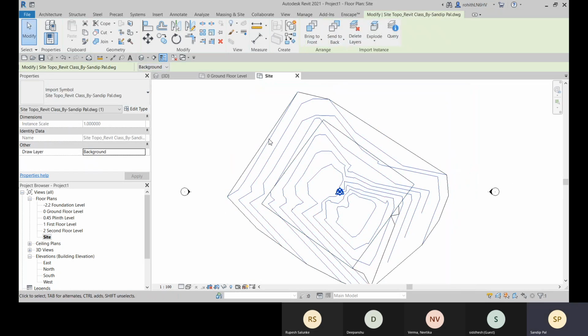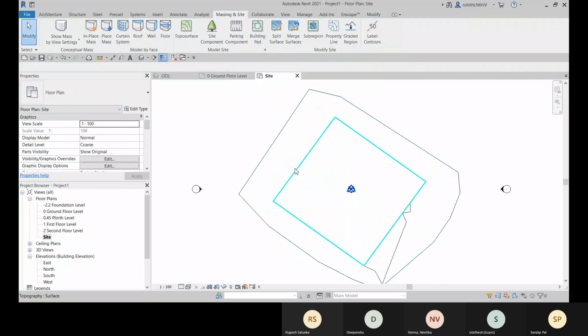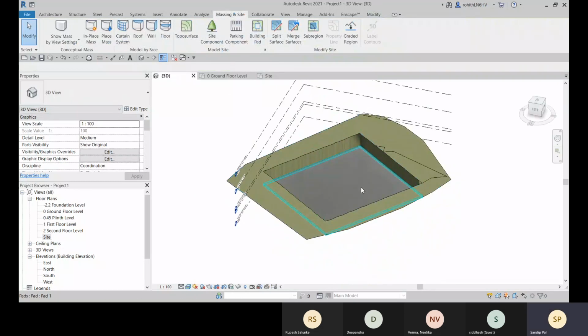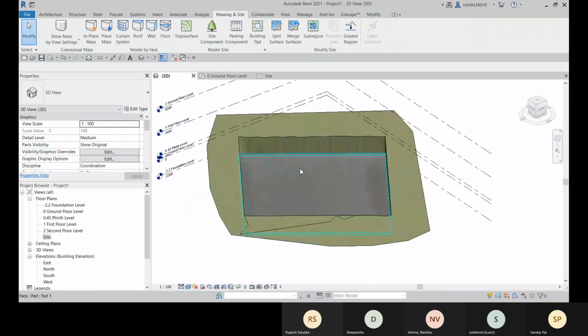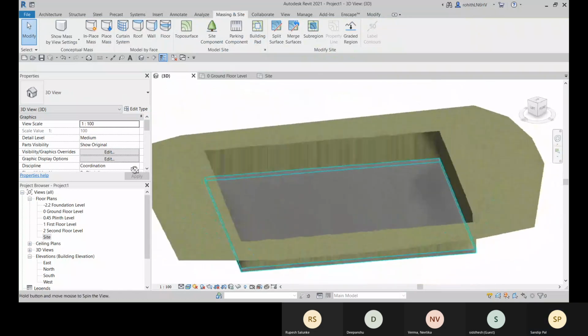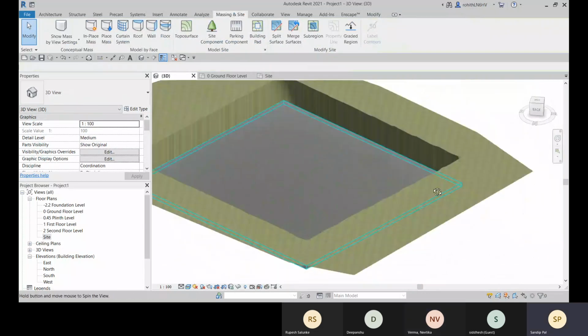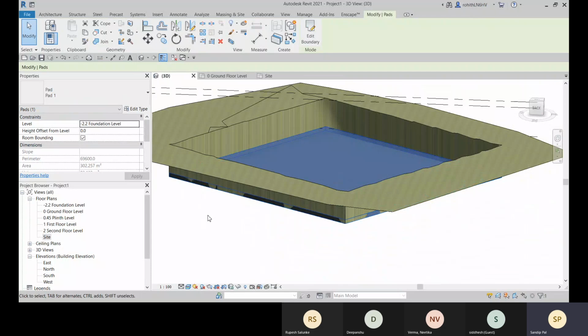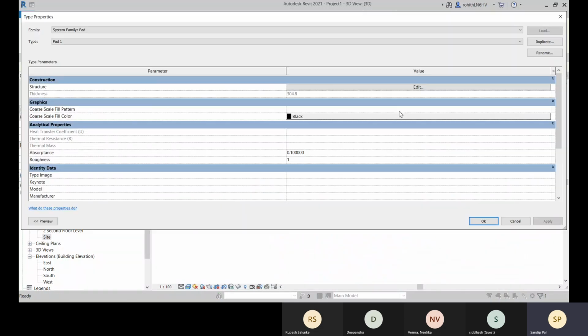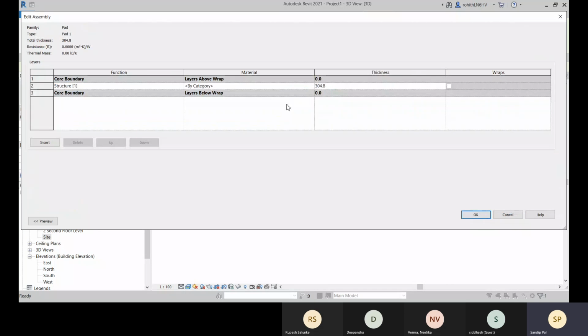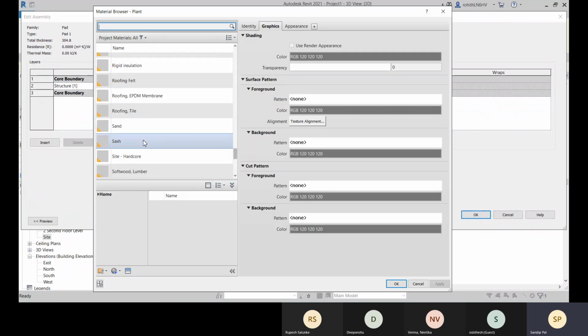Okay, and now I can hide this CAD file. For that, I have this hide in view option. Select this CAD file and go for this hide element. Now let me go to this. Here you can see that this is placed, and this cavity is created. Okay, so this is the building pad. See, this is the building pad, and this pad has some thickness. So this is the thickness, and you can apply concrete.